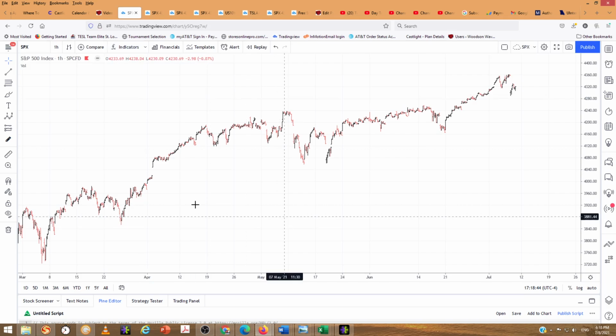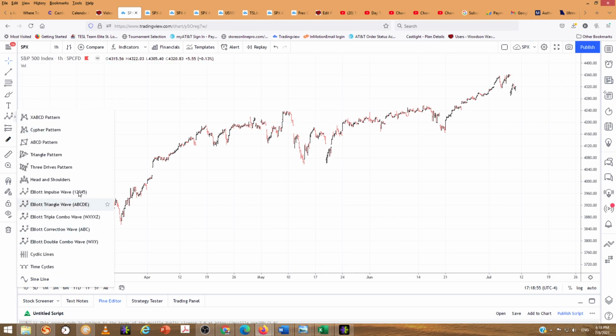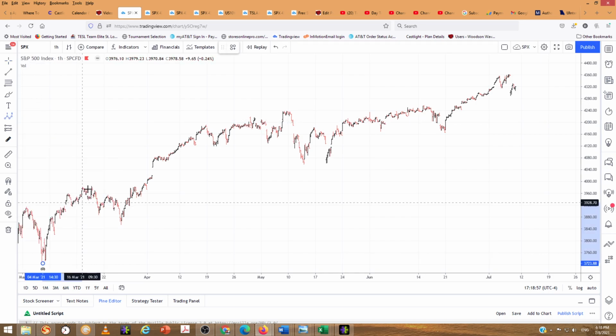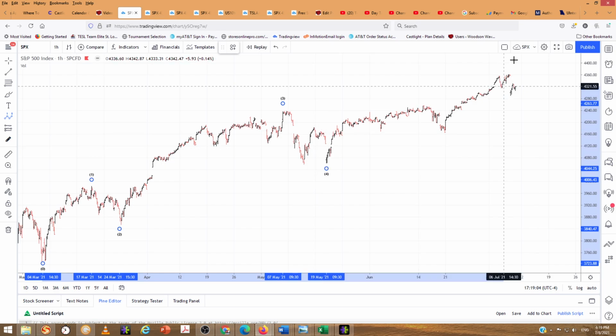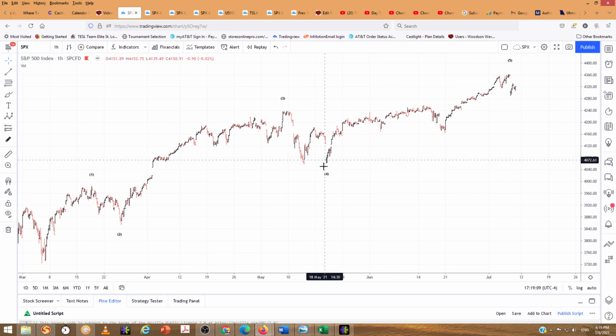We're going to look at the S&P. This is an hourly chart. We've been looking for 5 waves up from the March 4 low, and it looks like we have it here. We'll mark the waves for you here from the March 4 low. We get a 1 up here, a 2 down here, a 3 up here, an A, B, C, 4 here, and a 5 here. This subdivides. This could be an ending diagonal with 4 overlapping 1 there, but it looks complete, and we had a nice